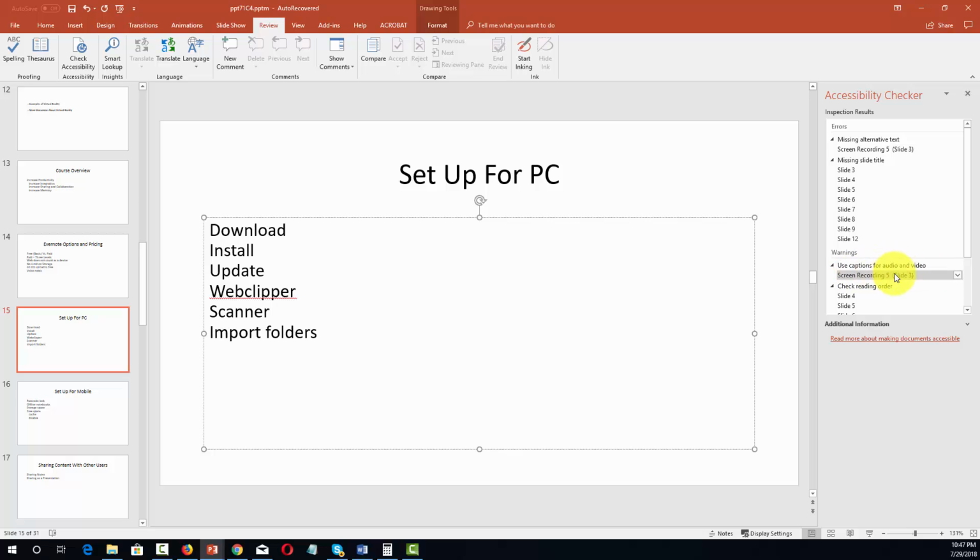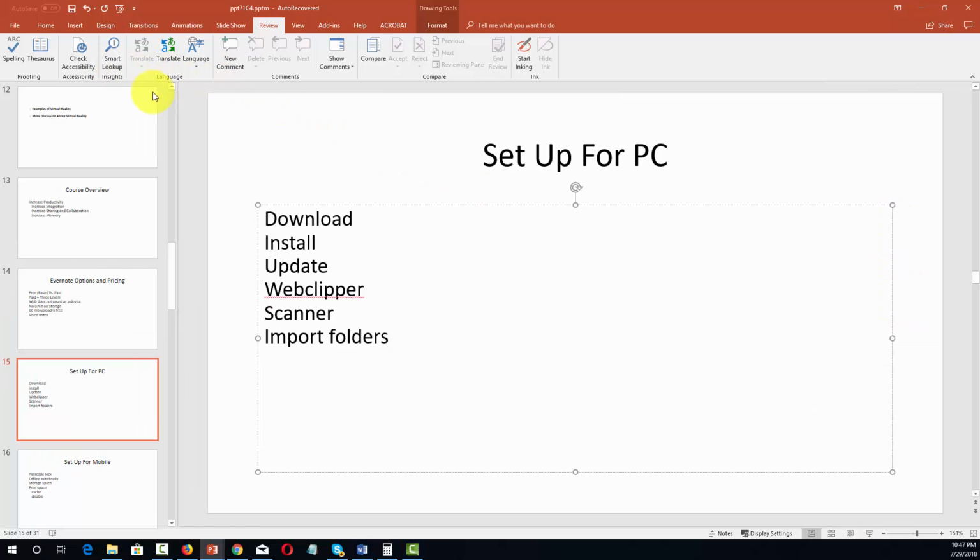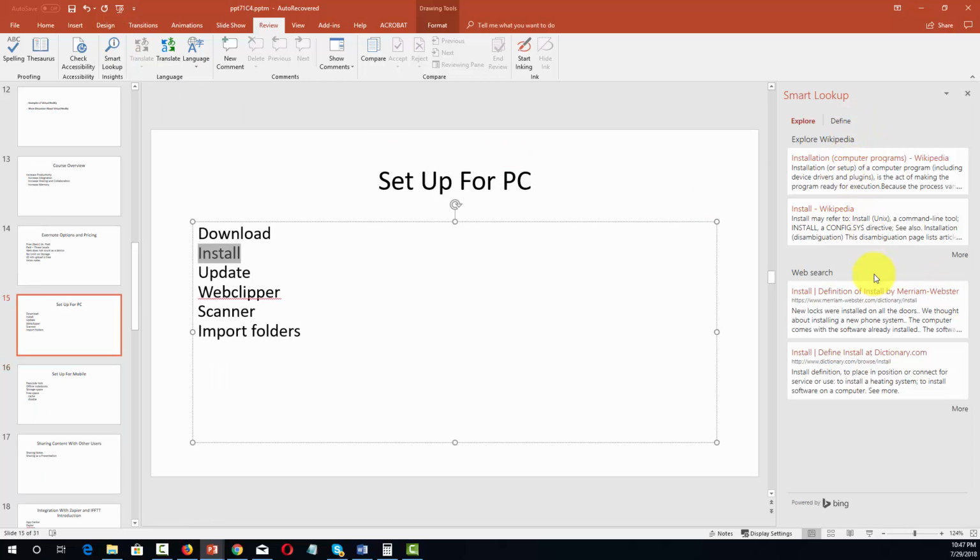your audio and video. PowerPoint also has something called Smart Lookup. So if you will highlight a specific word and you click the Smart Lookup tab, PowerPoint will give you some alternatives to redefine what you're looking for or to explore it more. You can also translate different parts of your presentation into a different language, and you can do that using this